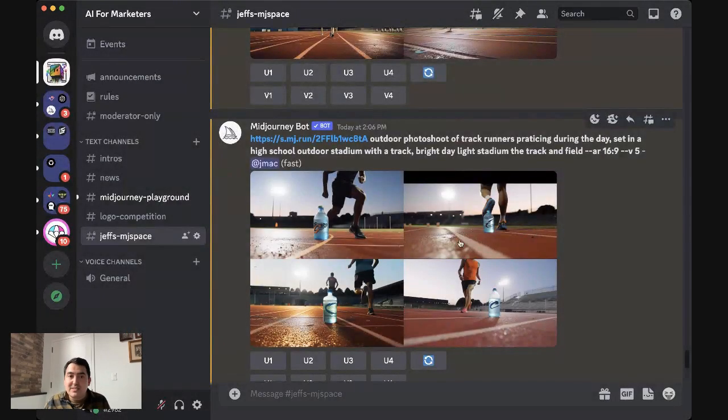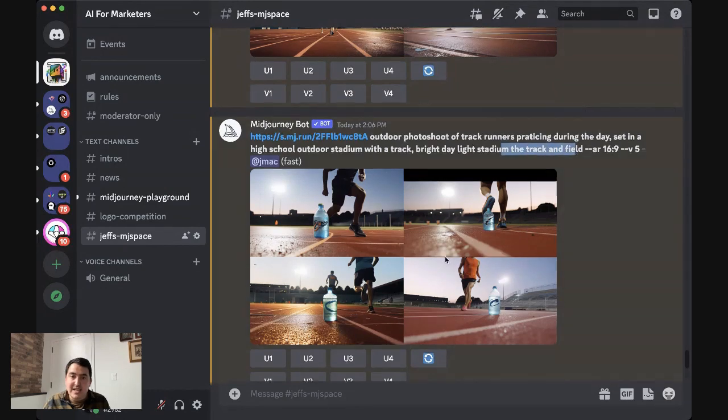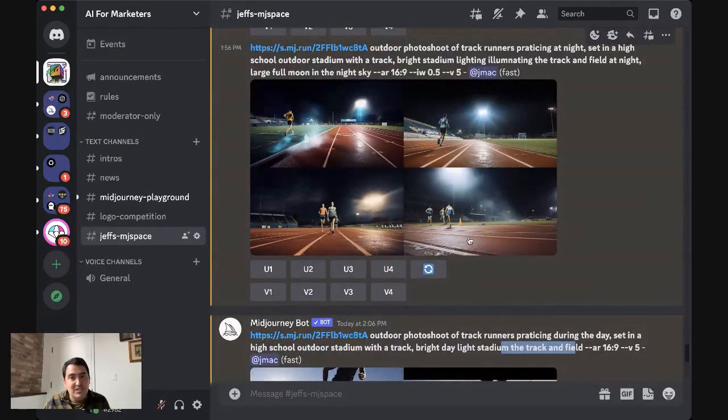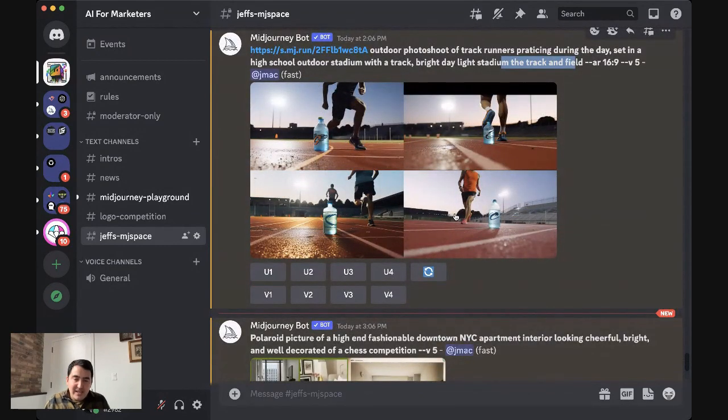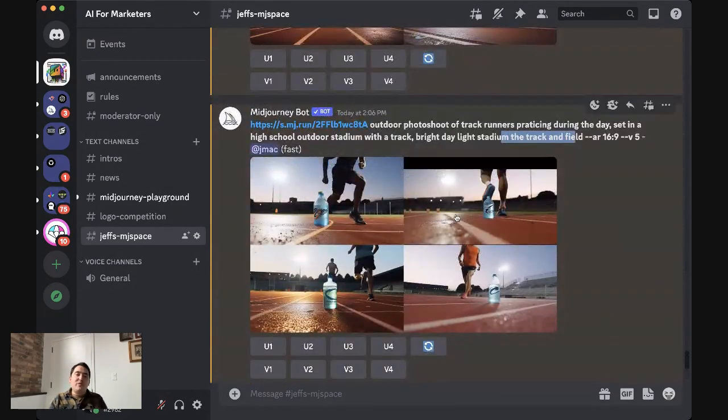So those are really cool examples there. So in this one, all I did was turn this into daytime. So now we have a nighttime version and a daytime version of the shoot. So this would be really helpful for you if you were trying to create comps for storyboarding, or if you were trying to create artwork for a pitch that you were running, or even if you were doing just really simple social assets.